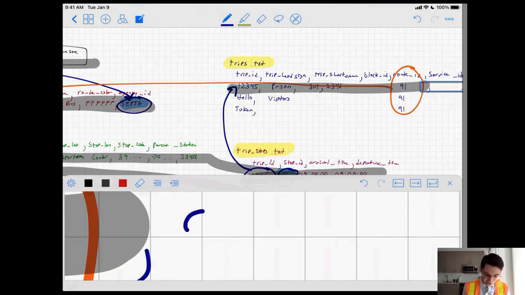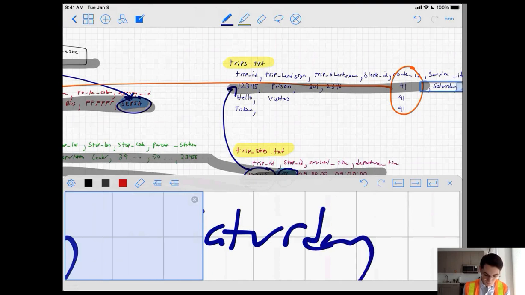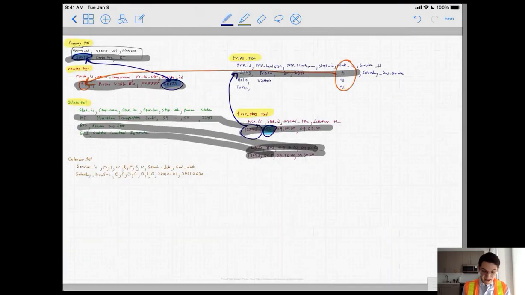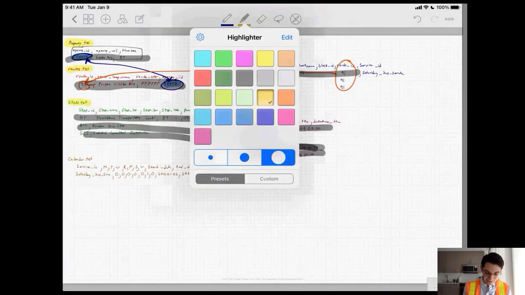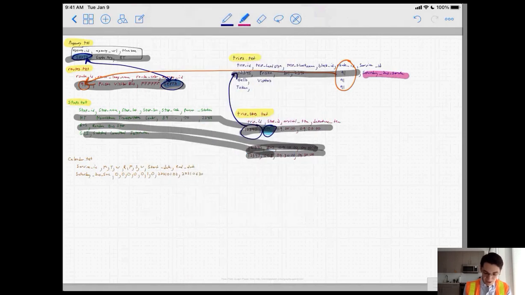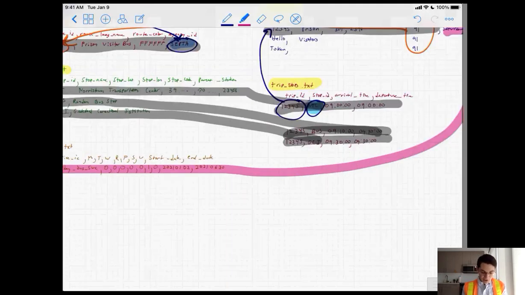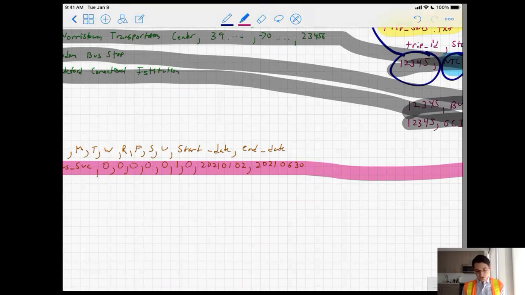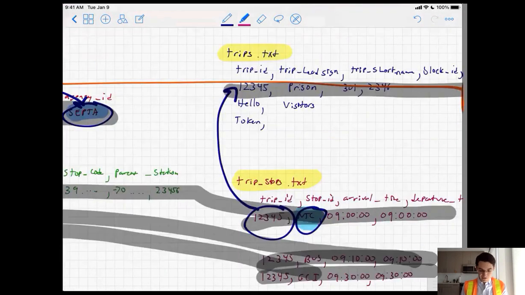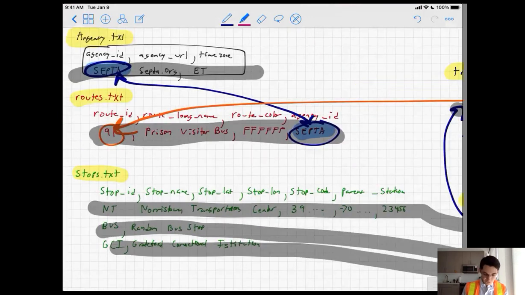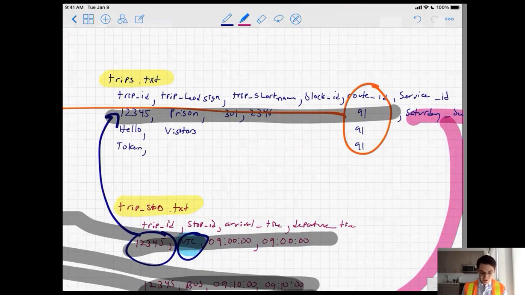And this is Saturday bus service. So now what I can do is I have my link to go from Saturday bus service in our service ID over to this in our calendars. So now, with all of this linking together, I know that on every Saturday between January 2nd, 2021 and June 30th, 2021 inclusive, I know that there will be a Route 91 bus, which is operated by Septa, to the